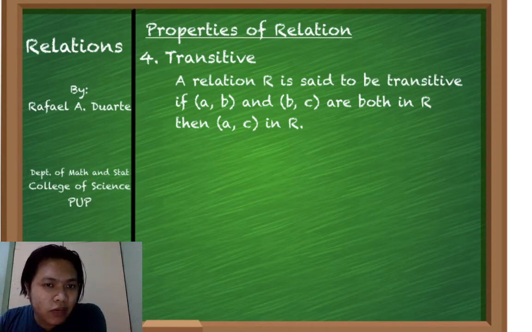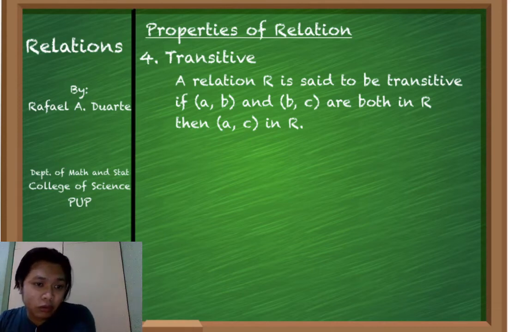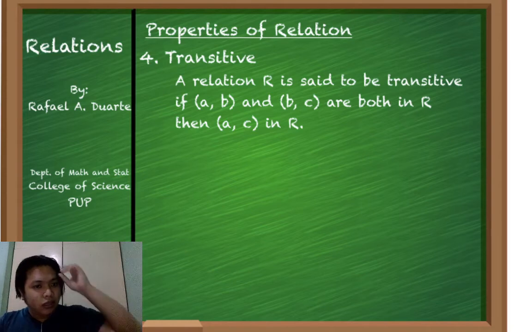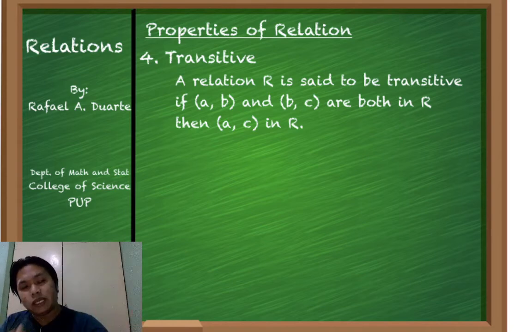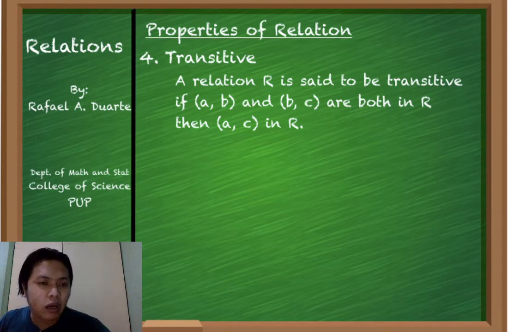Okay? Sundan niyo to. Mag-assign kayo ng value for A, B, and C. Tapos gawin niyo, kunyari, 1, 2 si AB. Tapos BC, 2, 3. Dapat yung 1, 3 nasa loob ni R. Ganon. Kailangan yung B pareho, baka magkaiba kayo doon. Ngayon, pag meron akong nahanap na isang AB, BC, tapos yung AC na wala sa loob ni R, doon